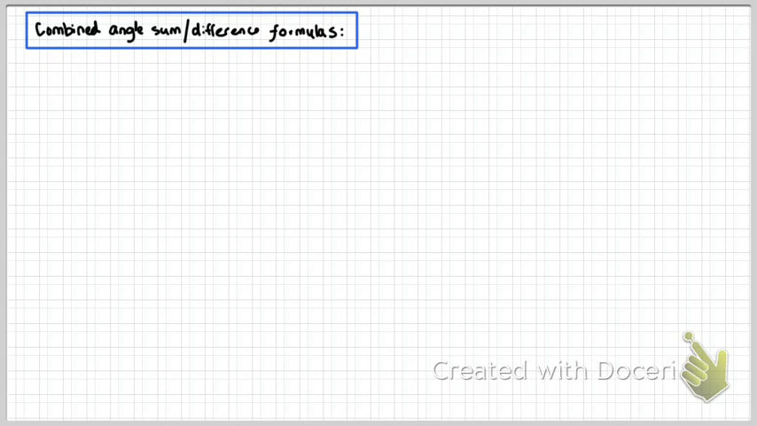Combined angle sum and difference formulas. All right, so I'm going to write 2 formulas. However, hidden in the 2 formulas, there's actually 4, and I'll explain what I mean after I write these. So a lot of Greek here. Sine of alpha plus or minus beta equals sine of alpha cosine of beta plus or minus cosine of alpha